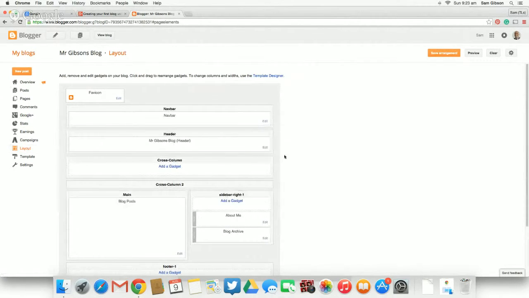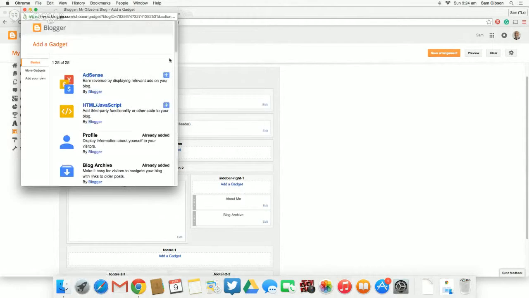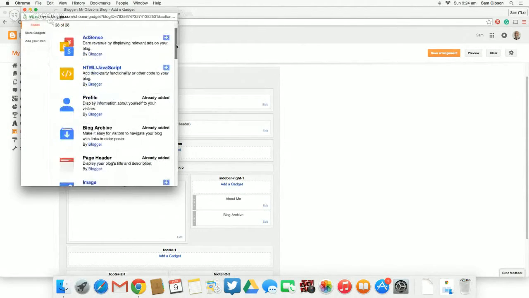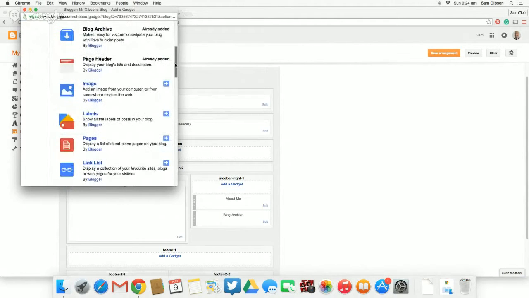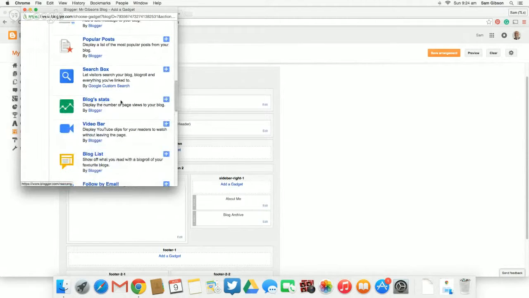And here's all our options here of what we can put on. And this is showing that our blogs will show up here, and we have a range of sort of gadgets that we can put on the side. If we wanted to add a gadget, we can push add gadget. And there's a whole list of things that we can put in here. So one thing that I would suggest having, it's always good to see, is your blog stats. So that's going to tell you how many hits or how many visitors your blog has had. So if we add that one,